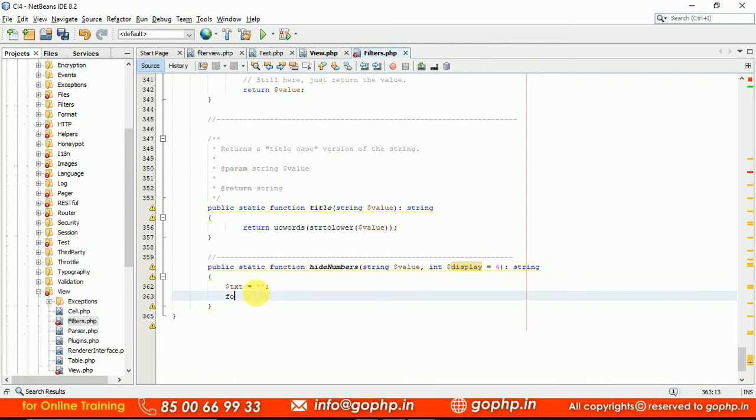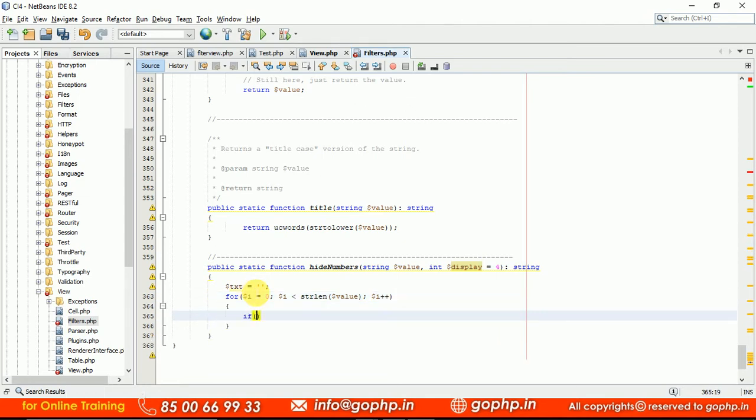Let us write a for loop for $i equal to 0, $i less than strlen, string length of $value. What is the $value? The value which is going to be applied on a pseudo variable is going to be available here. $i plus plus.